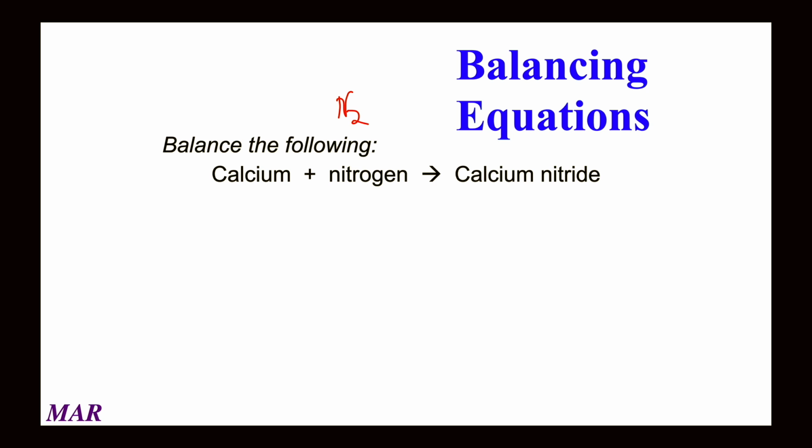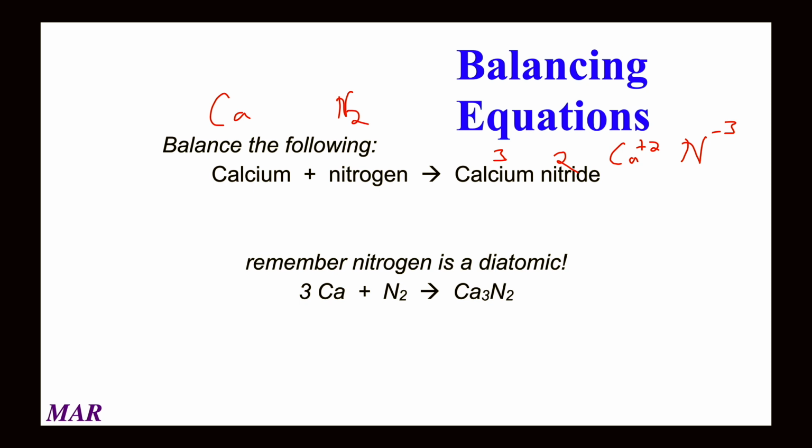Anyway, calcium is not part of the Have No Fear group. So that's going to be just Ca. And when these two come together, calcium is a group 2A fixed charge metal. It's always going to be +2 when it's with a nonmetal. And nitrogen, group 5A, is always going to be negative. 5 minus 8 means it's going to be -3. So when you figure out the formula for calcium nitride, 3 times 2 is 6. 6 divided by 2 means you're going to need 3 calciums, and 6 divided by 3, you're going to need 2 nitrogens. So the formula for calcium nitride,